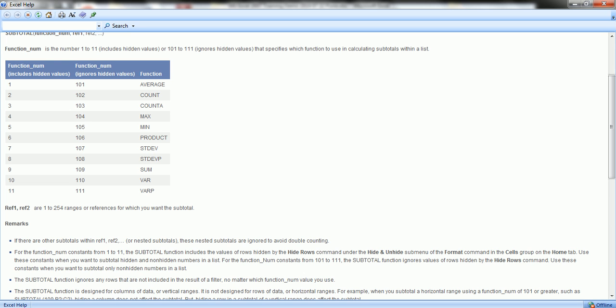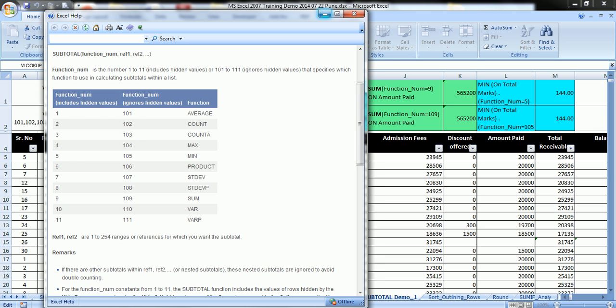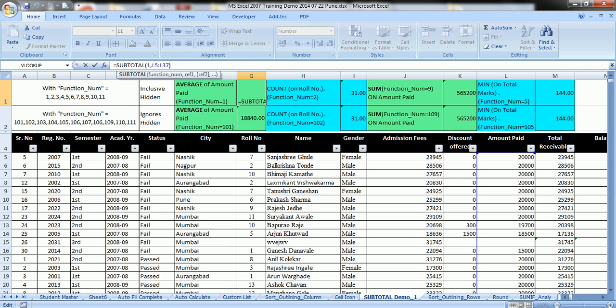Here we will be going through functions sum, average, and minimum or maximum, max or min. Let's see how to set it. Here in row number 1, we have set functions with function num 1 to 11, and in row number 2 we have set functions with function nums from 101 to 111.